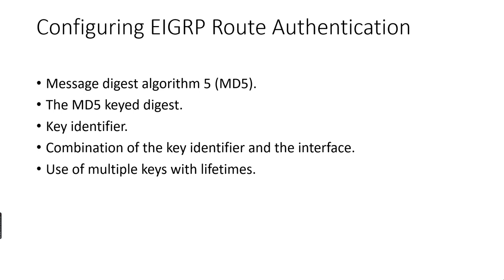And then moving on to EIGRP route authentication. Yes, EIGRP for IPv6 supports route authentication using the MD5 algorithm, which is the Message Digest 5 algorithm. It helps in the authentication of the routing updates. And then there is a key